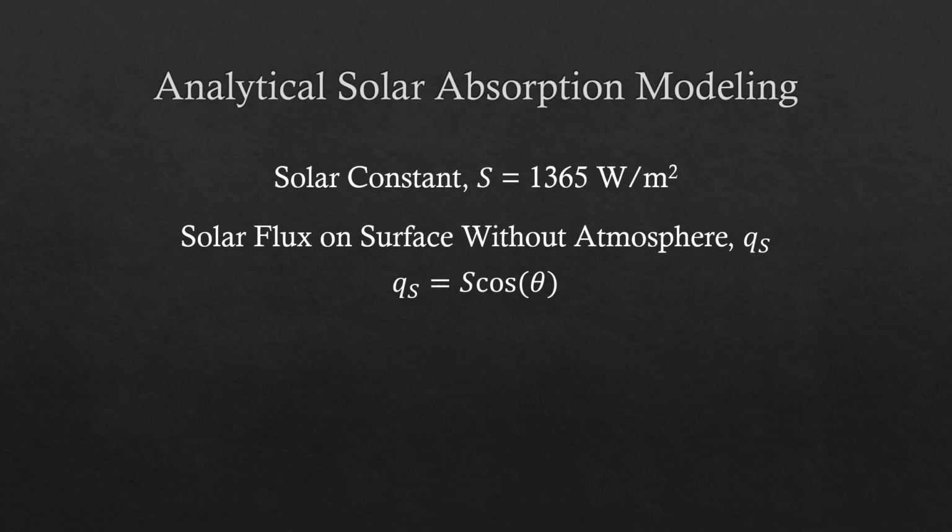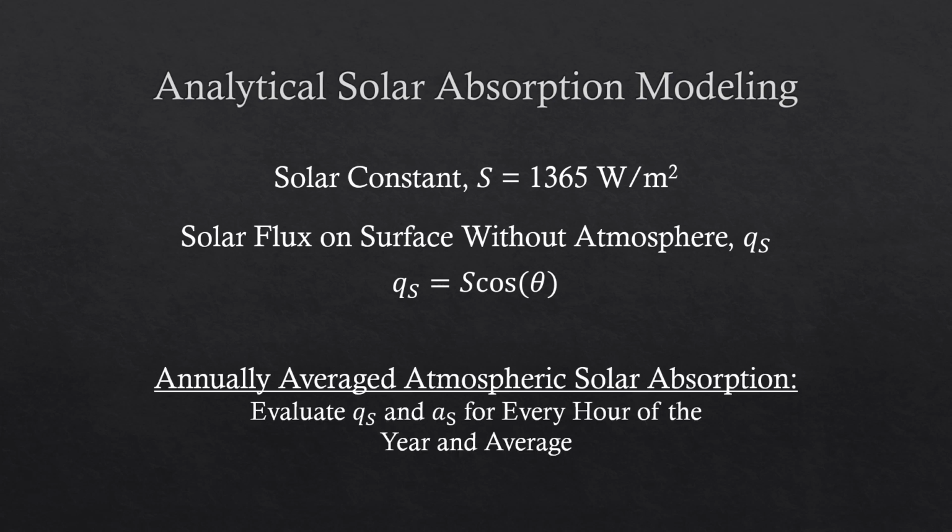The solar constant is 1,365 watts per meter squared entering the atmosphere. This solar constant is on the cross-sectional area of the Earth, but the Earth's surface area is 4 times the cross-sectional area. The angle of incidence not only affects the path length traversed and solar absorption with time, but also the total energy impinging on the surface with time. For a specific location on Earth's surface, the average annual atmospheric solar absorption is calculated using these two parameters.